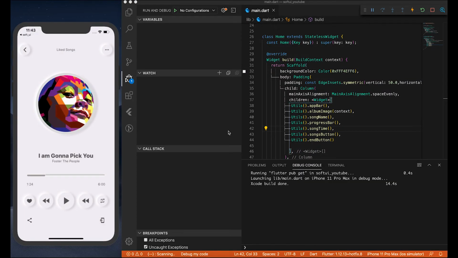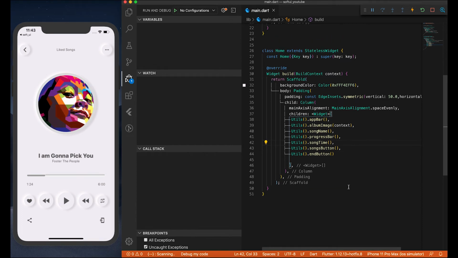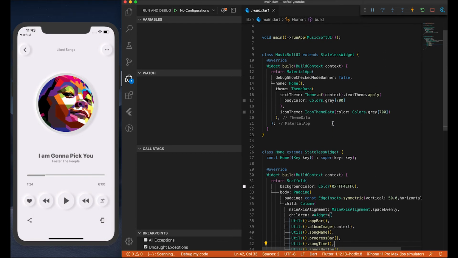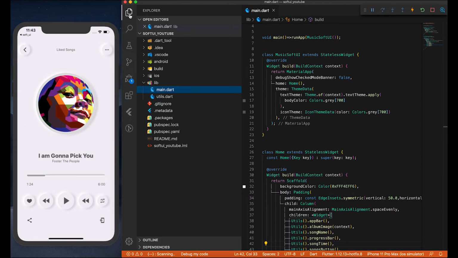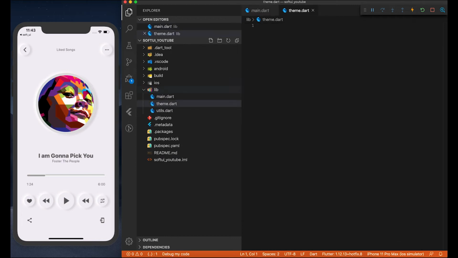Okay, so first things first, last time we stopped somewhere over here in the previous tutorial, and we created a soft UI. And now in this UI we are going to work with the theme. First, you need to define your custom theme, and for that you're going to create a new file, something called theme.dart, and this file is going to have a class which will be using theme data, and theme data is given by the material package. So first, you need to import the material package. After you import it, you're going to go ahead and create a class named custom